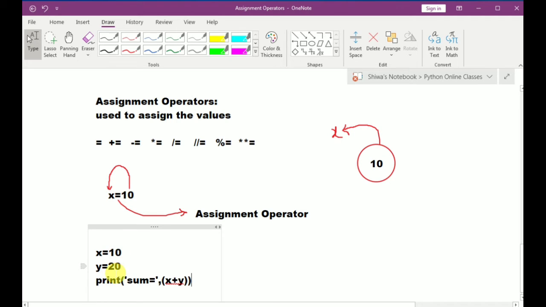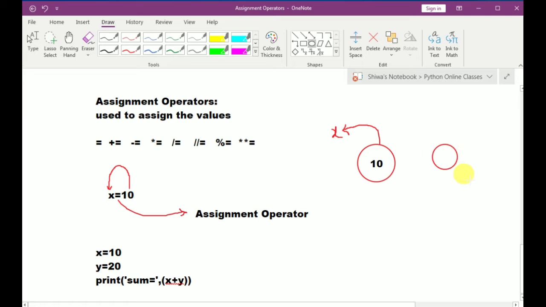Now what will happen when it executes this code? The 10 object will be created, and that memory location's address will be given to x. Similarly, another object will be created, that is the 20 object.